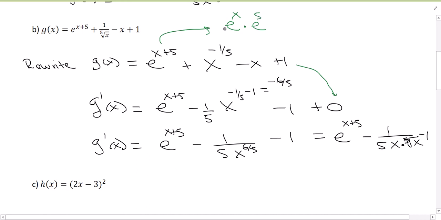We add exponents when you have the same base. When you multiply the same base, you add exponents. So this is e to the x plus 5. But in taking the derivative of this, you'll have e to the 5. I'm just going to reverse it, because this is a constant attached to something with the x. So when I take the derivative of this,